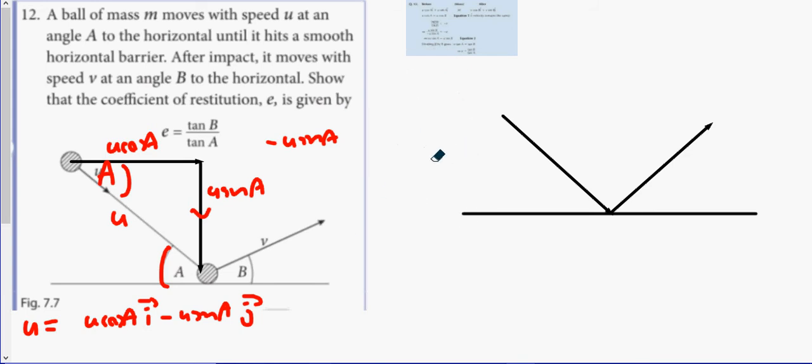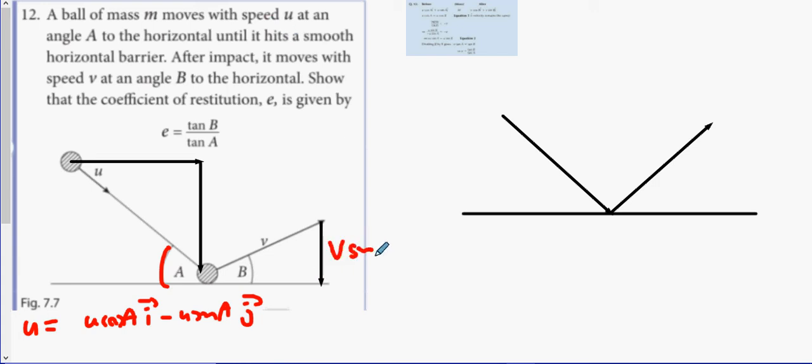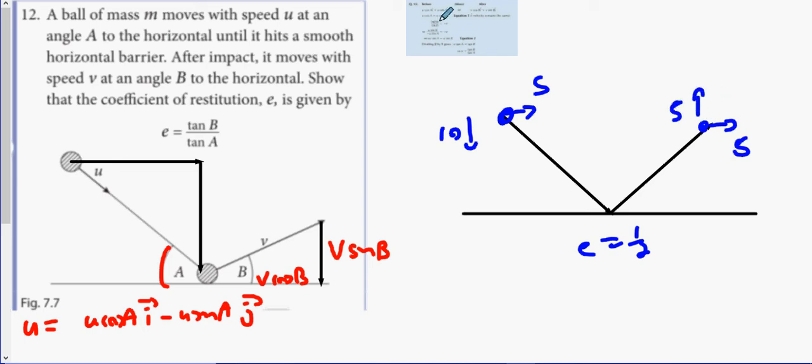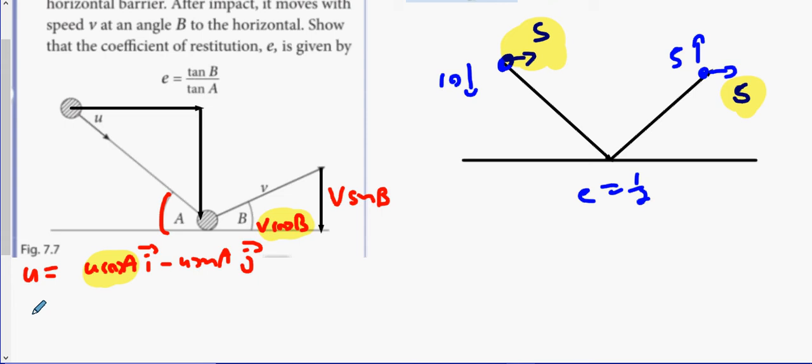Next we're going to look at the angle b. B is in the correct position, so I don't need to worry too much about it. There are going to be two components: v sine b and v cos b. The key to remember from my earlier example, where the e value was a half and you went 5 across and 10 down, and at the end 5 across and 5 up, is that the parallel component remains the same. So u cos a is going to be the same as v cos b, because your final velocity is v cos b